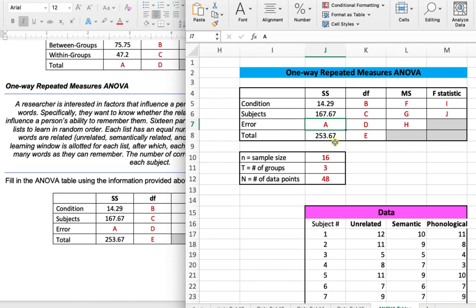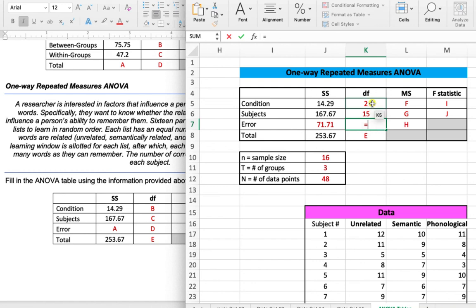Our error sum of squares is going to be equal to our total sum of squares minus the condition sum of squares minus the subject sum of squares. Condition degrees of freedom will be equal to the number of groups minus 1. Our subject's degrees of freedom is going to be equal to our sample size minus 1. The amount of error we have is equal to the product of the condition and the subject